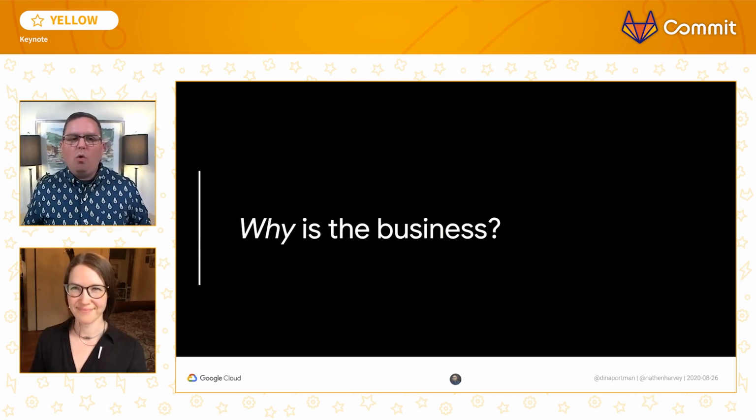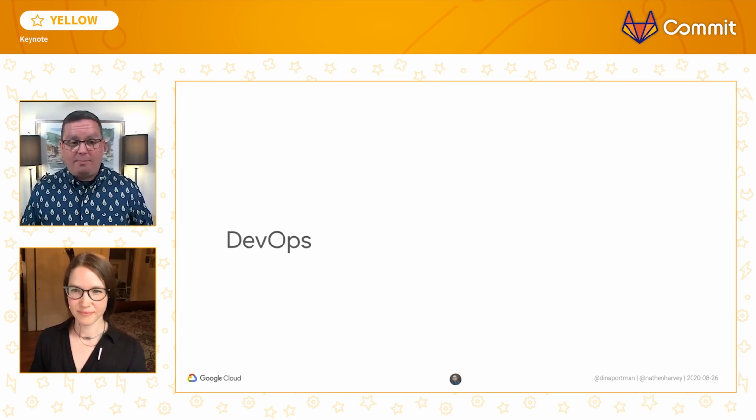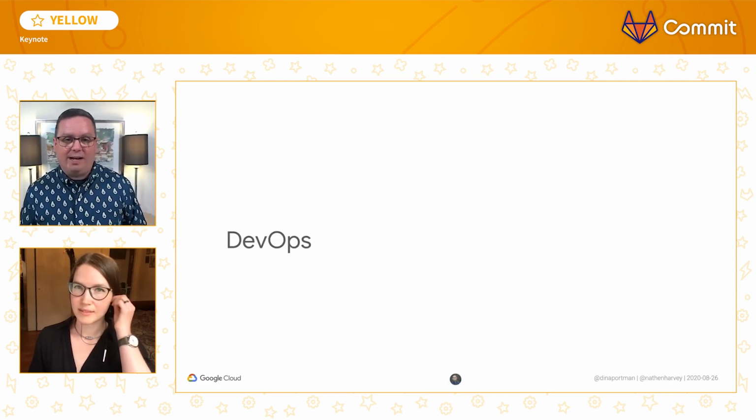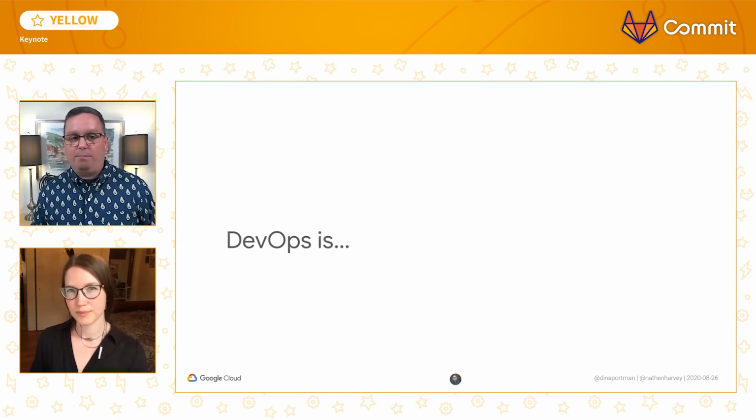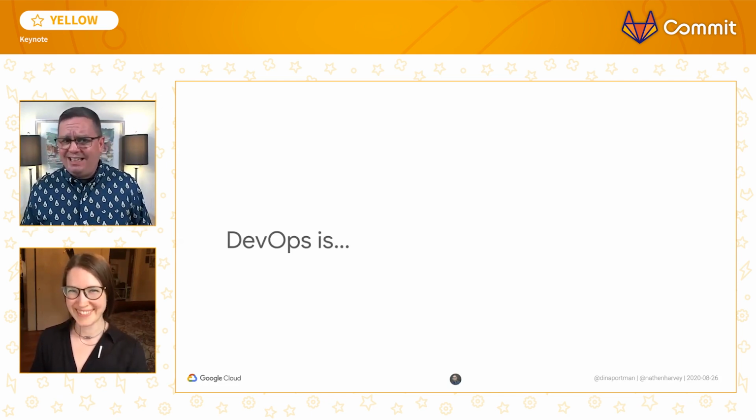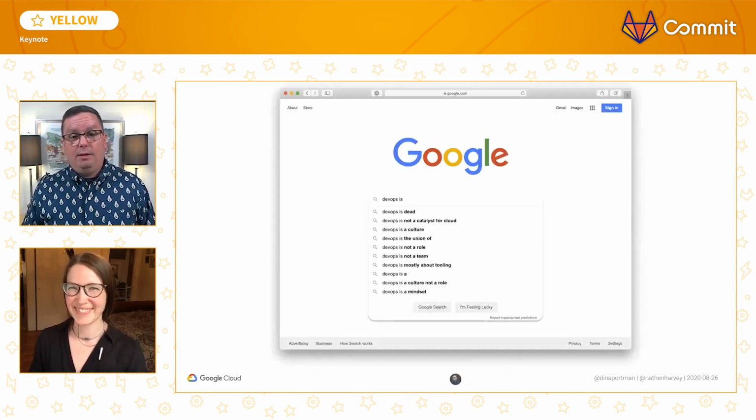Why are we here? What are we here to accomplish? Who are our customers that we're trying to serve? So DevOps is something that can help improve alignment so that software teams can deliver better outcomes. But what exactly is DevOps? Well, apparently there are a lot of things that DevOps is not.